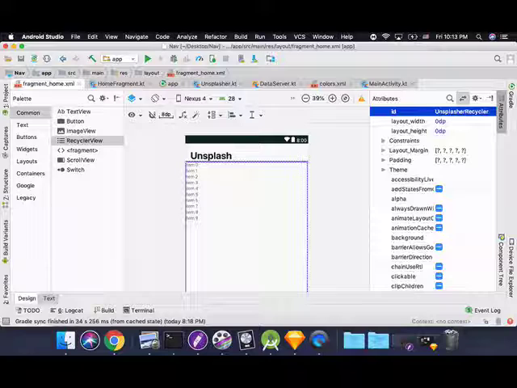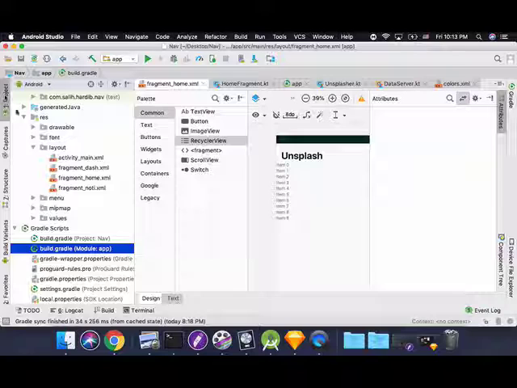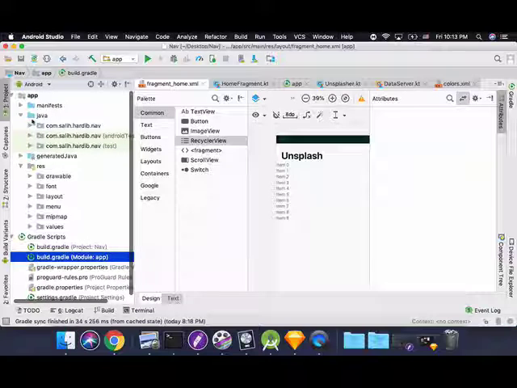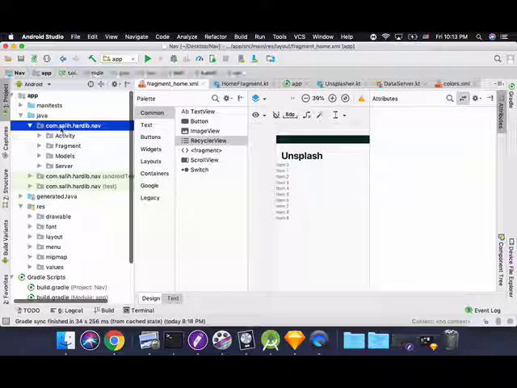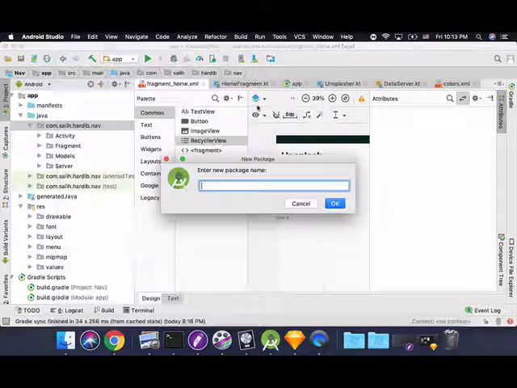Now, we have a class, we have information, and we have a recycler view. Now it's time to make our adapter. So how can we make an adapter? Let's come down here and make another package for the adapter. So we will come to the package and we will call it adapter,